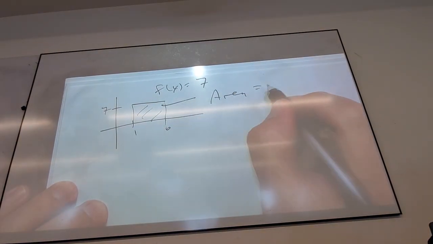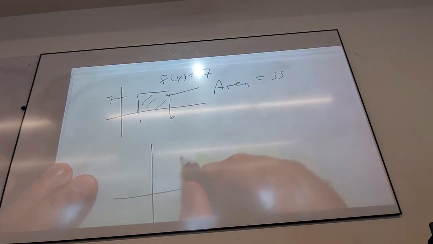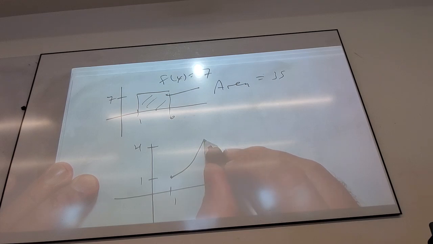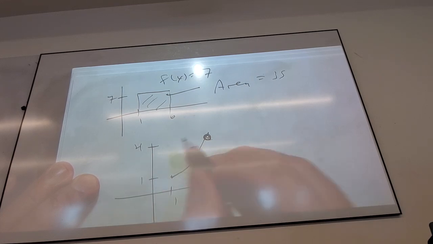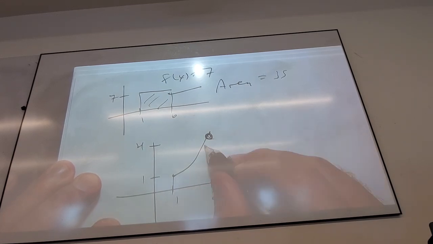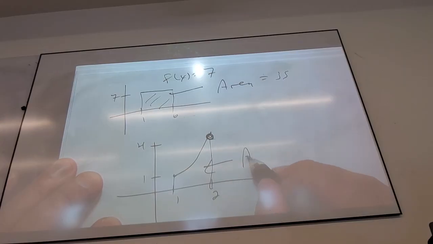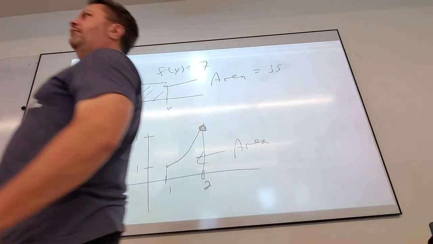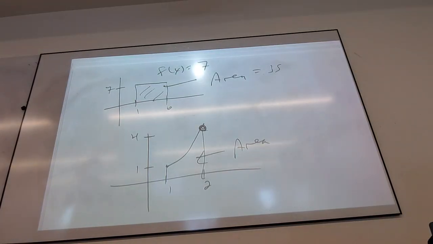Now, can you do the same thing if I have x squared from 1 to 2, and I want to know the area? You guys remember your top side curved down formula from geometry? No, there is no such thing. I appreciate somebody looked at me like this. That is the correct answer. We ain't got no such thing.